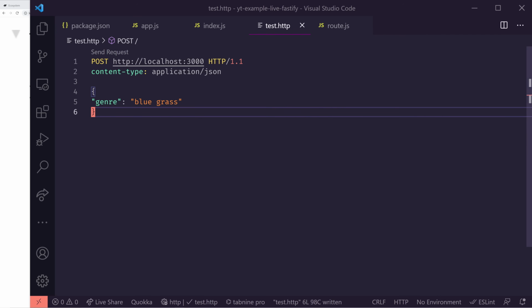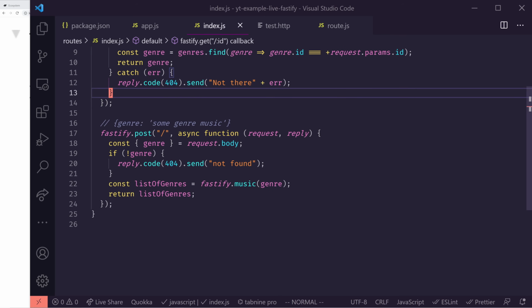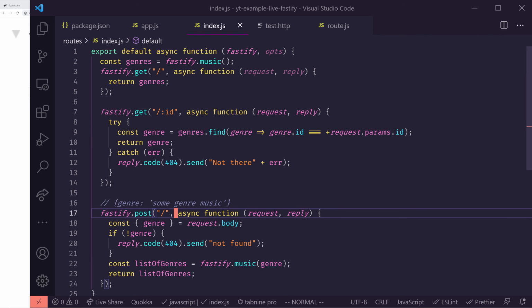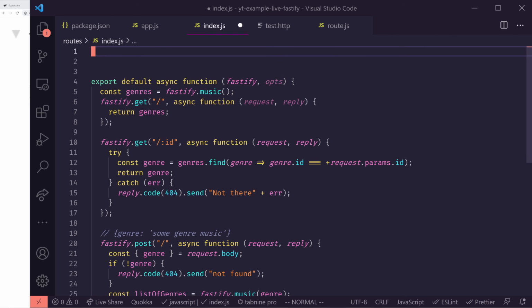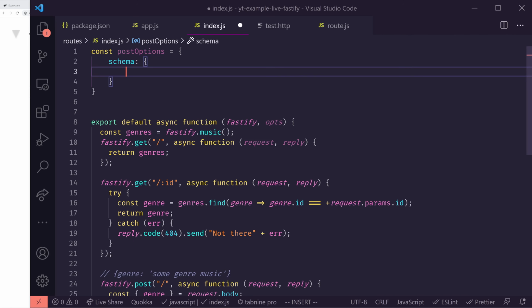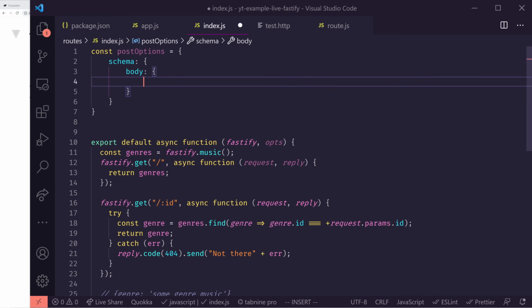One other thing I think is kind of neat, and the last thing I'll show you guys, is there's this other option for schema. We can do schema validation on here to only have it return certain things or have it work a certain way. So I'm going to come up here, and I'm going to create something called post options, and I'm going to create a schema here. And it's going to be in our body. We're going to assume that we only accept